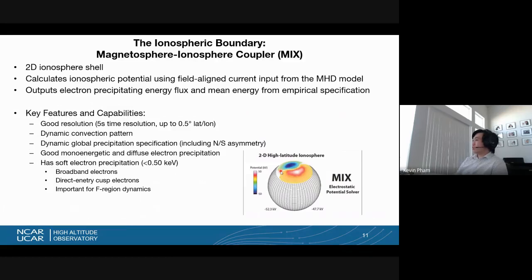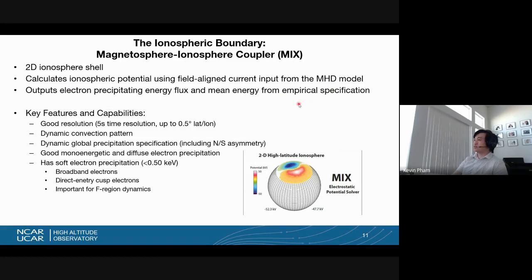So going a bit further in, we have the ionospheric boundary. The model for this one is the magnetosphere ionosphere coupler. This is a really simple two-dimensional ionosphere shell that sits at about 100 kilometers altitude, and it solves the ionospheric potential using the field line current that it receives from the MHD. So it just simply solves the Poisson equation. In addition, it can take the MHD parameters and then